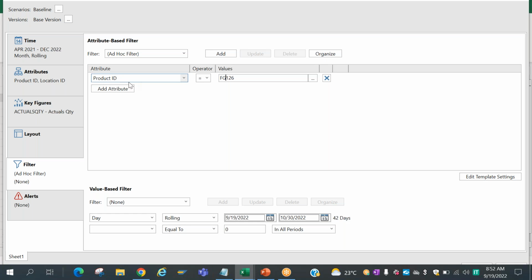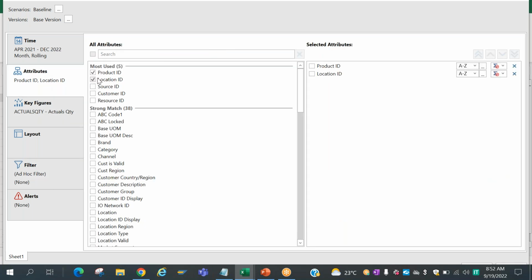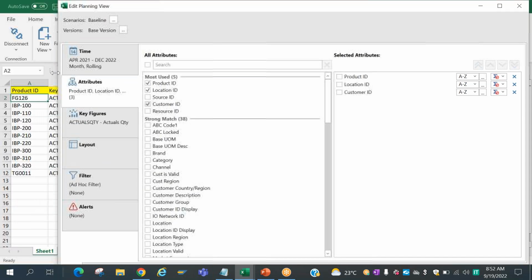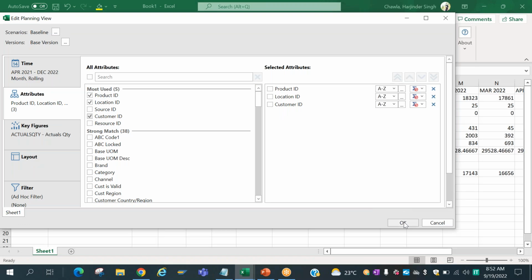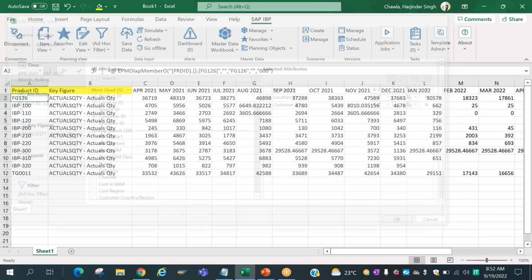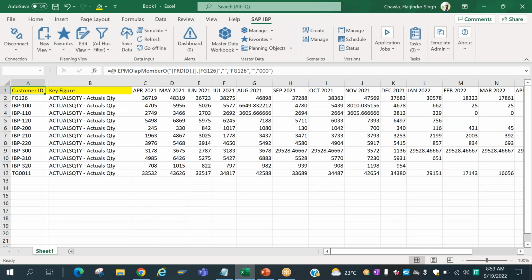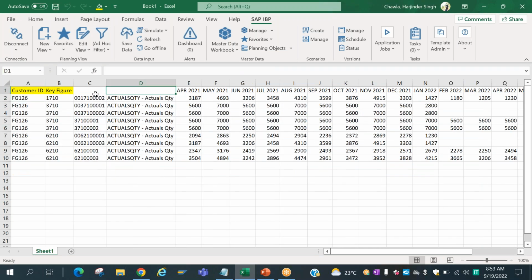So now what change you have done is you are telling the system, show me the data related to only this product, and I also want to see it at a product location, and let's say also the customer level, right? So it will disaggregate that data and show it to us. Then I'll press this button called OK. Now it will change the view. So now you see that the headings of this have gone. So what I'll do is I'll bring it to here.